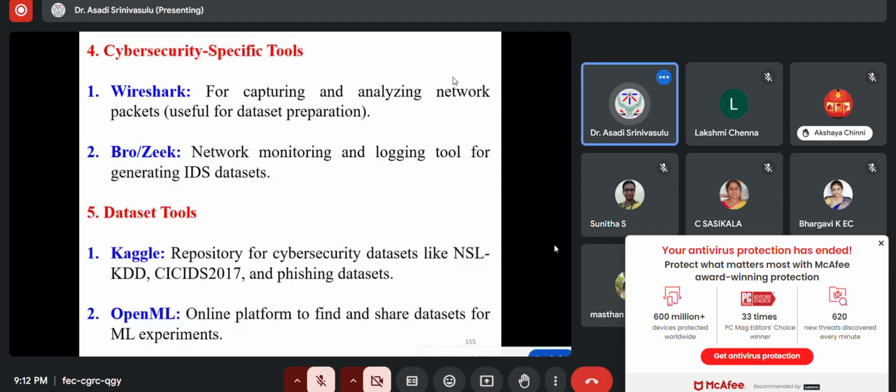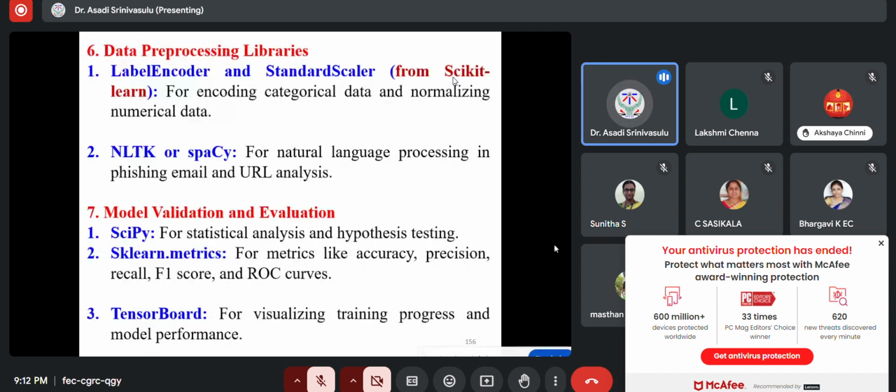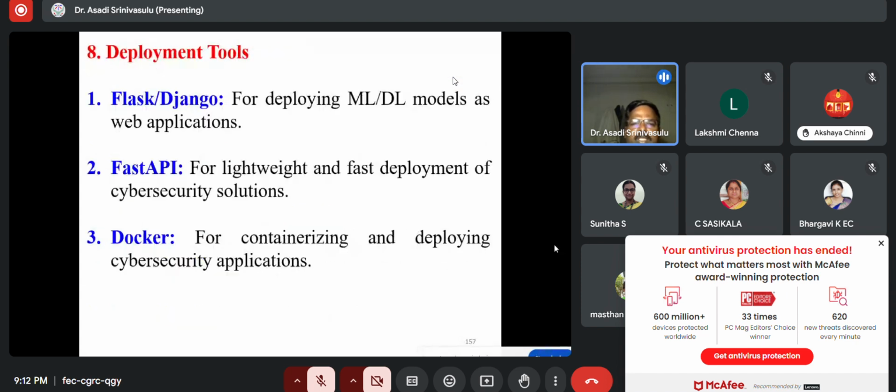Kaggle is also one of the repositories. You can download various tools. Then for data pre-processing libraries, we are using LabelEncoder and StandardScaler from scikit-learn. Then NLTK and spaCy. For model visualization and evaluation, we are using SciPy, scikit-learn metrics, and TensorBoard for model validation and evaluation